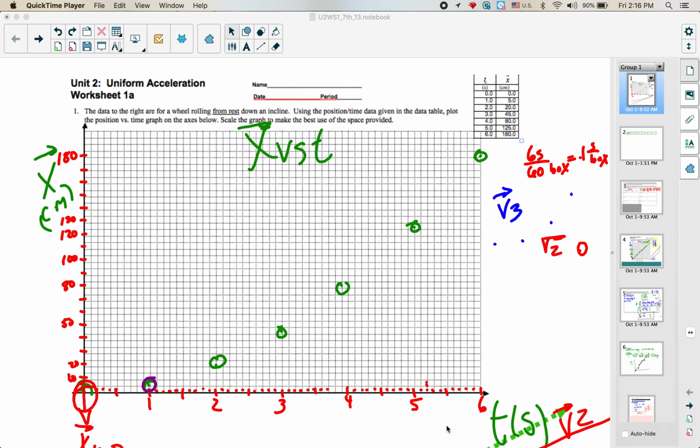So we're going to talk today a little bit about how to draw tangent lines on a position versus time graph. The goal here is to be able to find how fast and what direction an object is moving at different clock readings when it's speeding up. The first thing you'll need to do is build your position versus time graph, plot your points,